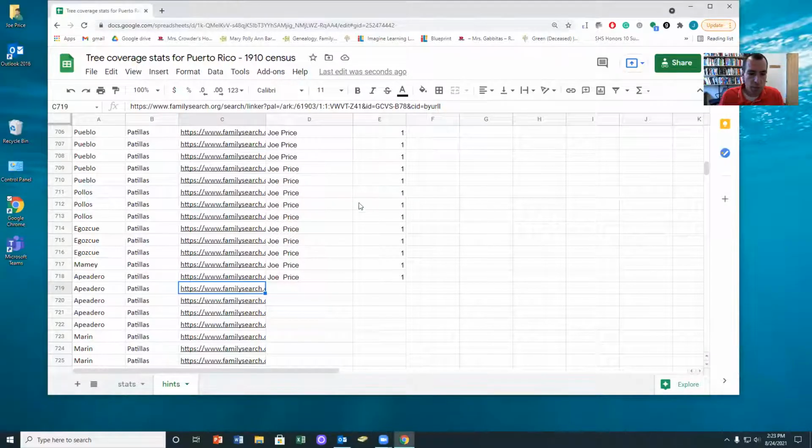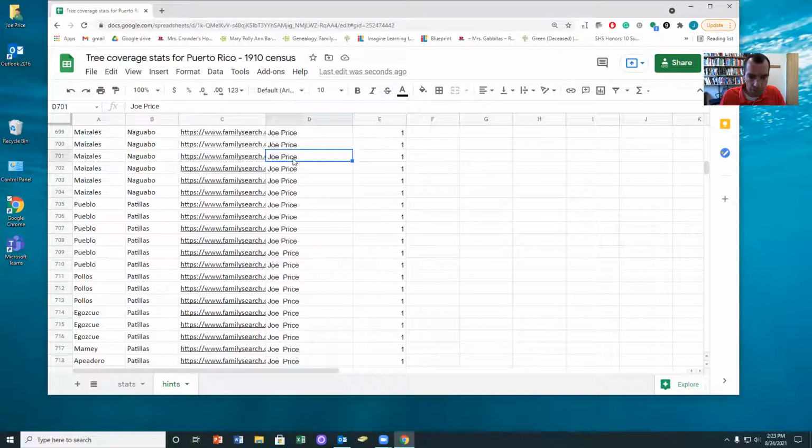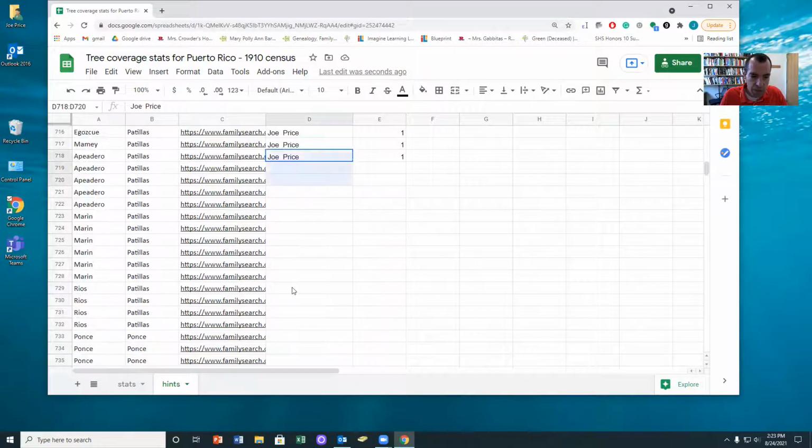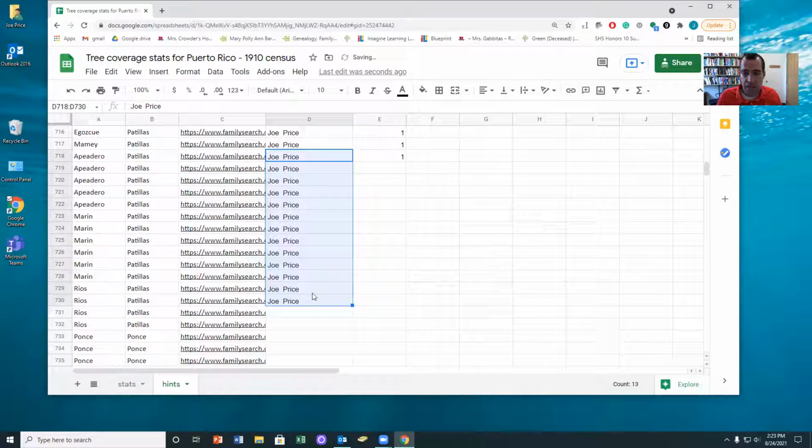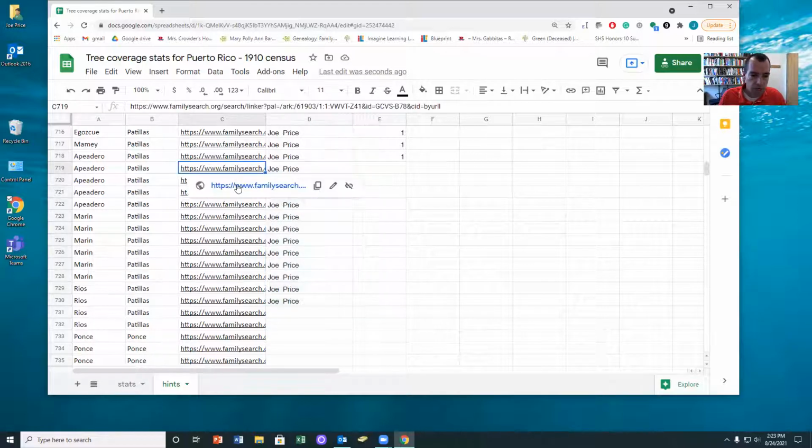Let me just share my screen. Okay, so here's the sheet you'll be working in. The easiest way to get to the bottom is just to click in the D column and then just hit Control down. And then you can just sign up however many you want. These actually go pretty fast, and so you can check out as many as you want.